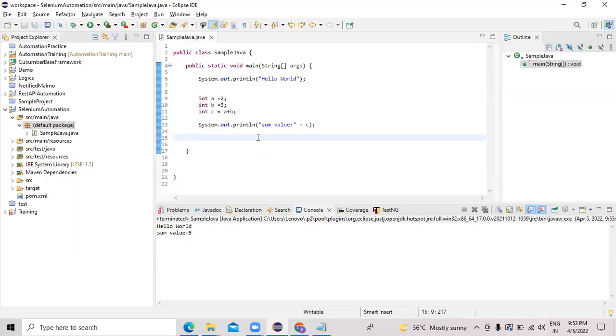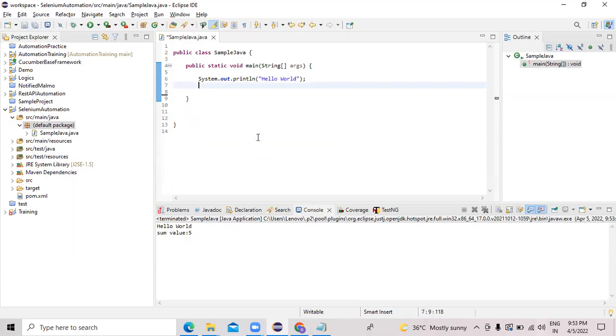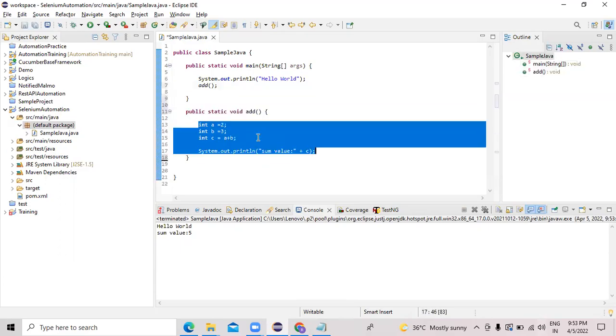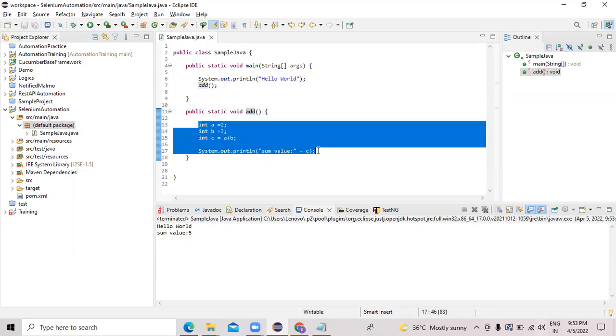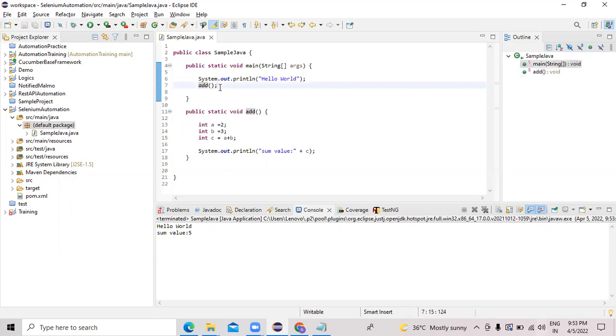Okay, but why do we write this as a method? In the sense, to make it easy to maintain, I mean, they'll understand, right? Okay, this is the sum. This code is for sum. If you want to write something for